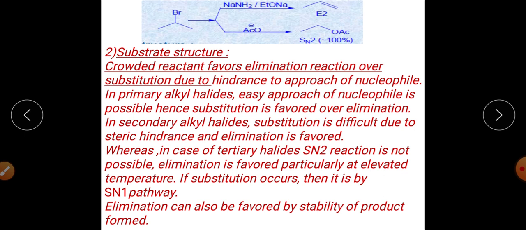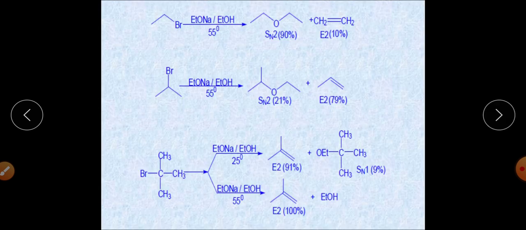So the substitution reaction will not be very easy. Instead, the elimination will be a very easy reaction that can take place at that time. So when we are taking the crowded reactant, the elimination will happen in comparison to